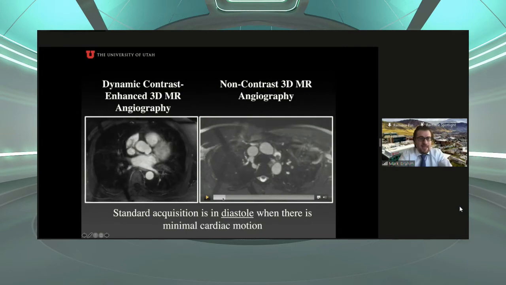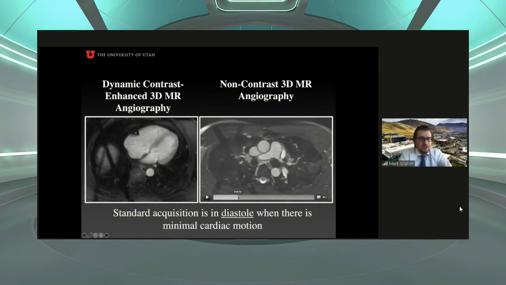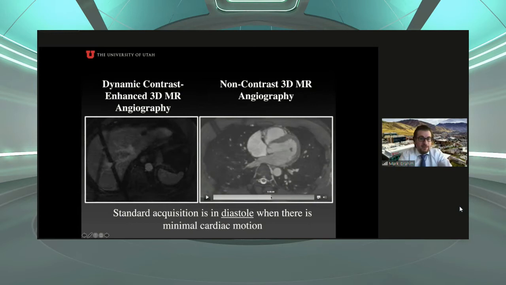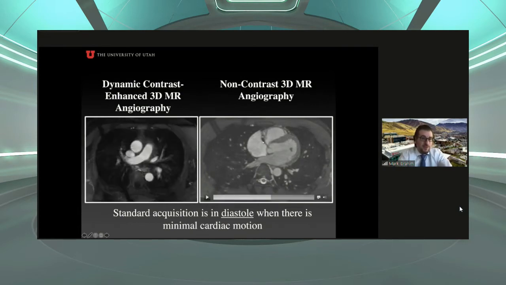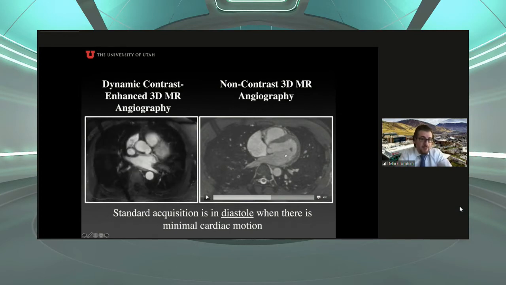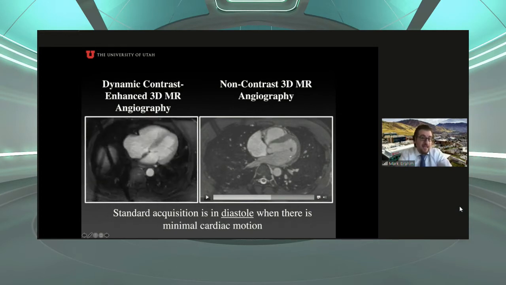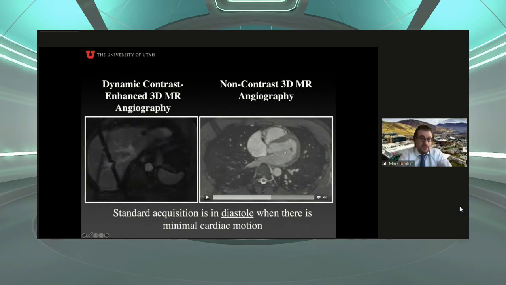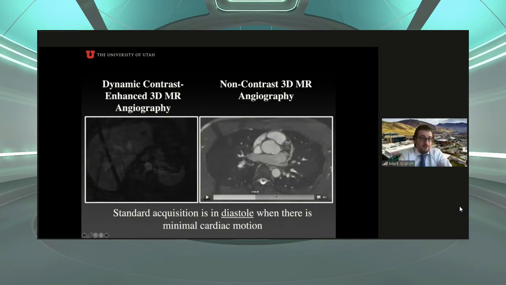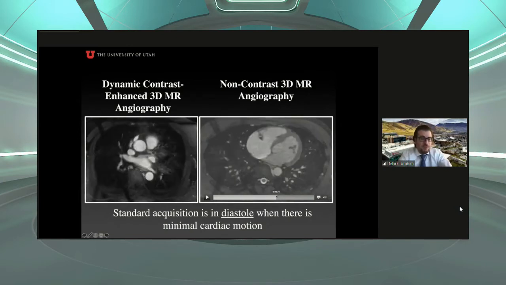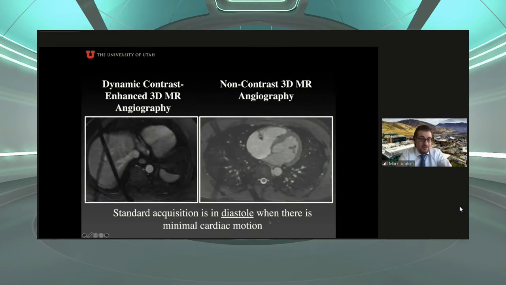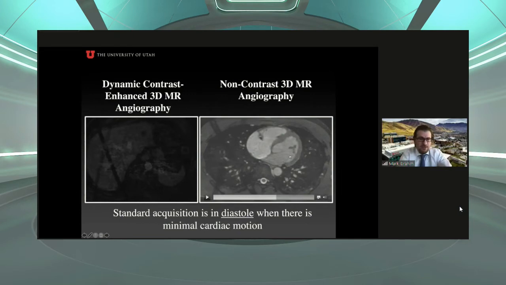This is a similar diastolic acquisition, non-contrast MR angiography, and you can barely differentiate the two, because this used a technique called SSFP in MRI, which uses the patient's blood as a contrast. There is no IV injection, no contrast, nothing, it uses just the blood. It's pretty high resolution as well, with a spatial resolution up to 1.25 millimeter. You cannot get it better than this, still inferior to CT, but 1.25 millimeter can still do the job in